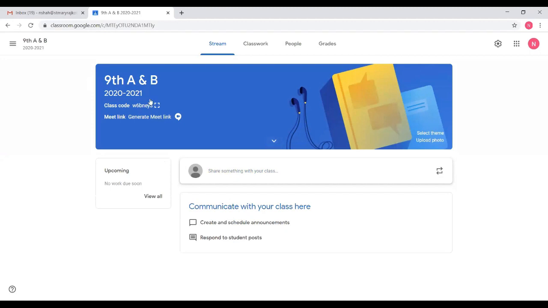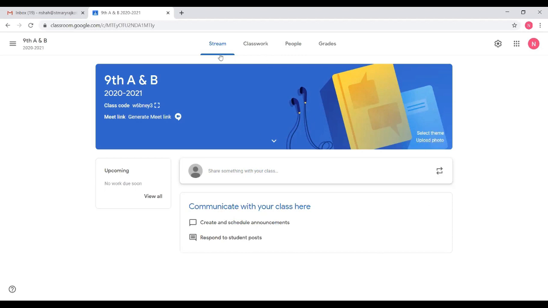If you wish the subject to be included here, then it is better you write it over there in the place of 2020-21. It's up to you how you design this class. After that, you can change the theme by selecting a new theme, or you can upload a photograph of your classroom or your school building or anything.